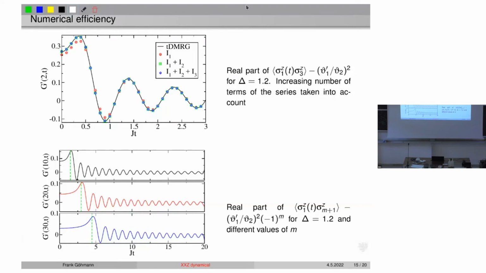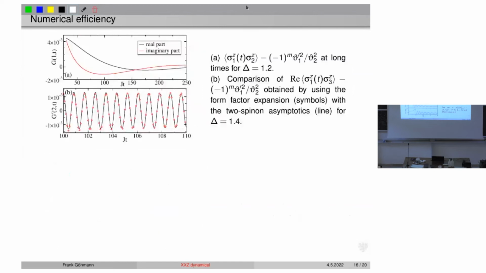And what you see here is that basically the higher integrals do not contribute for long time. So the long time asymptotics is given just by the double integral. This is what you can see here. And you can do a saddle point analysis and get some explicit expressions for this double integral, just a formula you can write. But numerically, you can also use these formulas. You can go to long times, and we have compared here with time-dependent DMRG, which goes, say, up to here. Jt is equal to 10, maybe a bit larger. But with our formula, you can go to very long times, also to large distances here, and just follow the